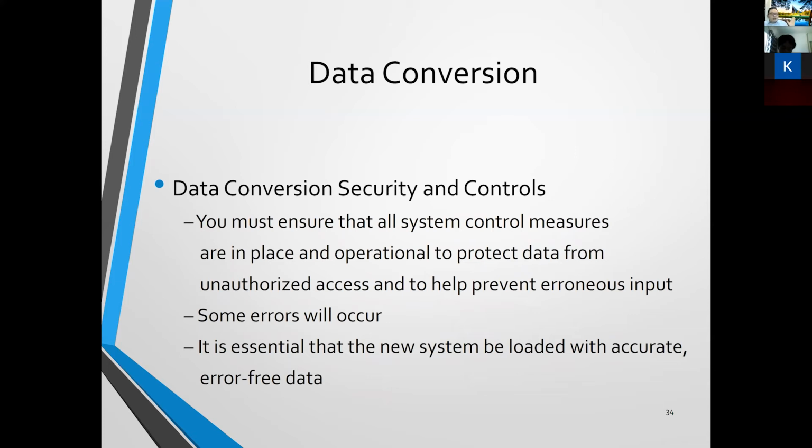In terms of security and control for data conversion, you have to make sure that all system control measures are in place and operational to protect data from unauthorized access and to help prevent erroneous input. One thing you have to be careful about is when you download the old data from the legacy systems